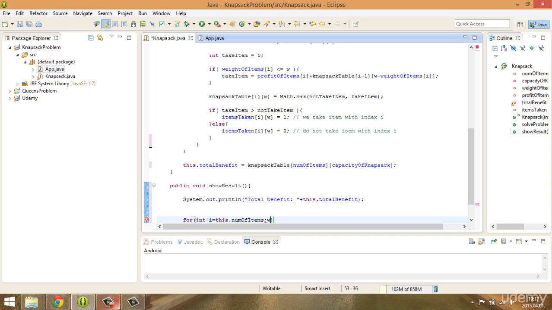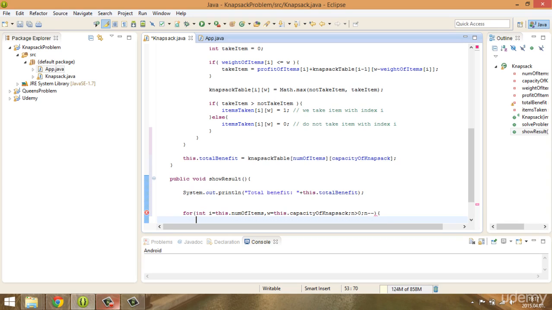We just have to v equals this dot capacity of the knapsack, and as far as n is larger than 0, n minus minus. Okay, and we just have to check whether the items taken